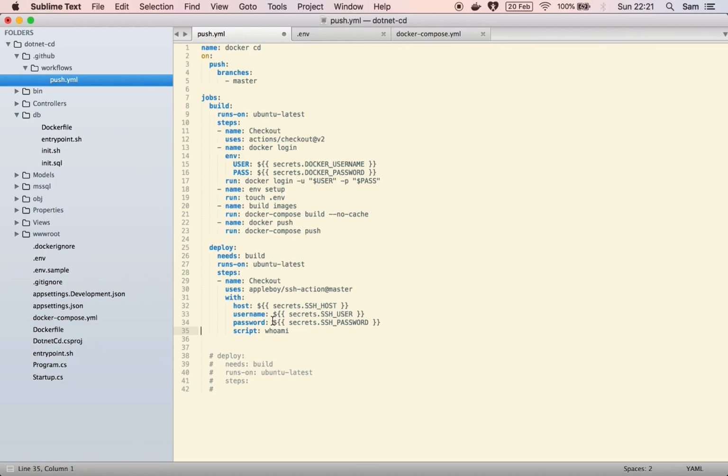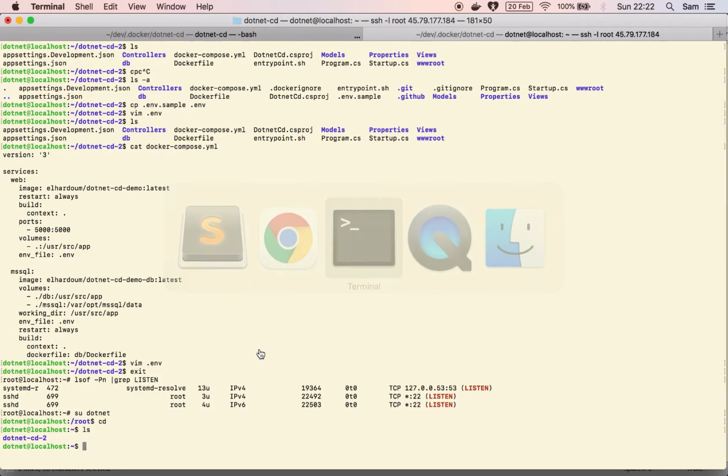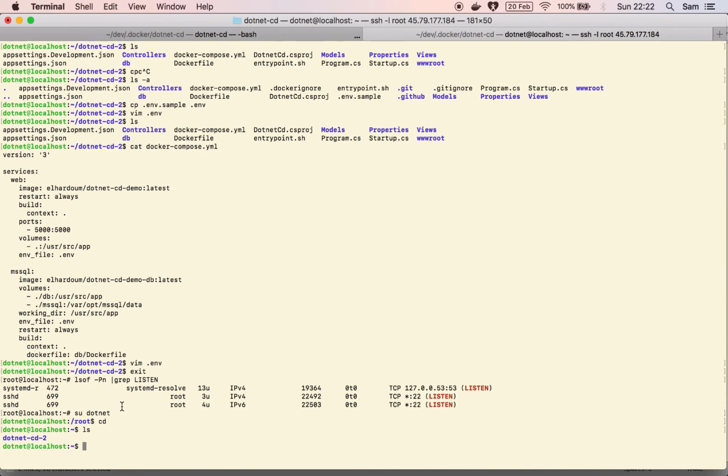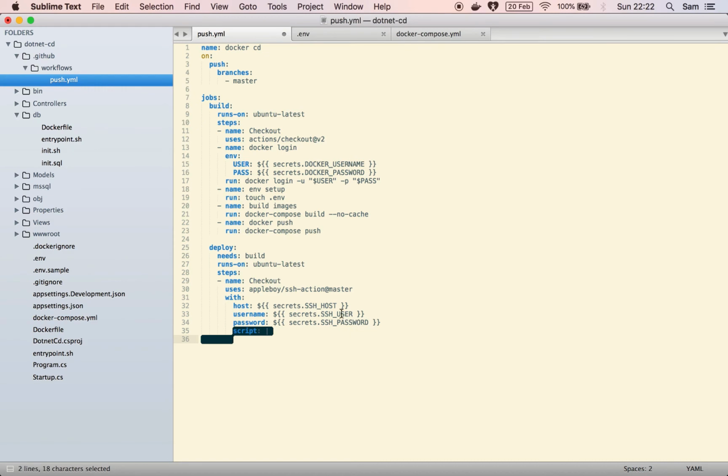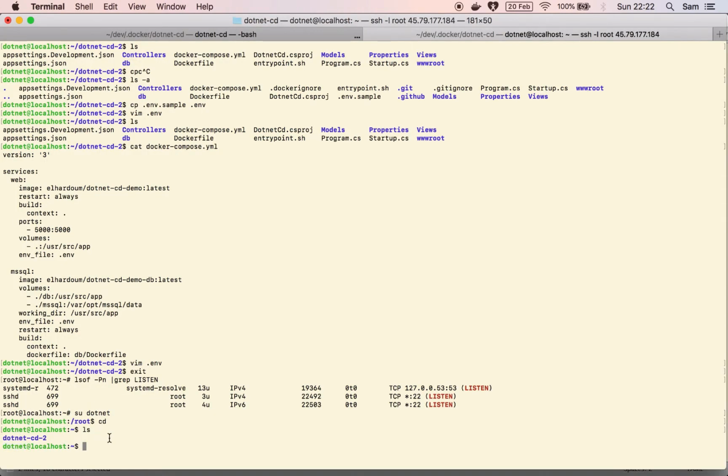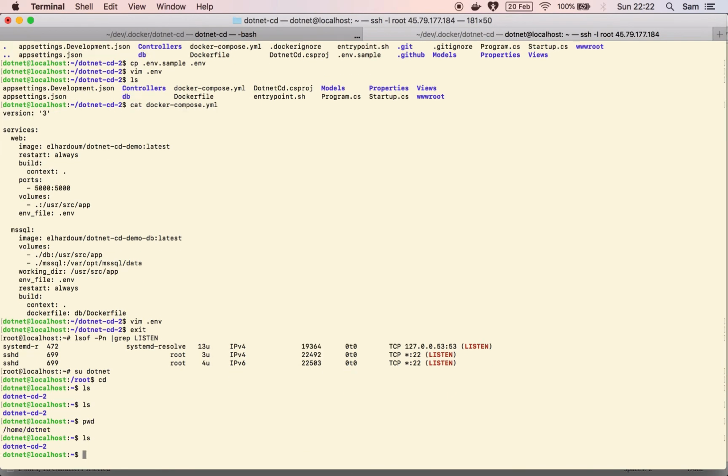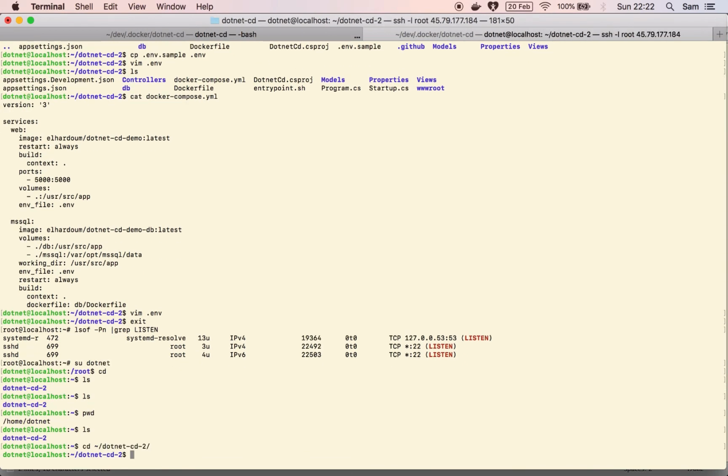So host, username, just double checking, password, and the script is going to be a multi-line one, so it starts with that pipe. I don't need that stuff anymore. So just consider that whatever you're running here is going to be running on the virtual machine that we have here, as the user that we specified via the SSH user. So first, when it logs in, it goes to the home directory, which is this one. We want it to change directory to .NET, cd. So we'll copy that step here,